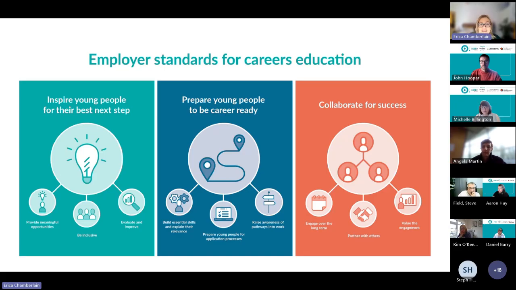So standard 7 is really partnering over the long term. And so that means building long-term commitment and sustained relationships, which all of you are doing in your roles as enterprise advisors. You're building that long-term relationship with schools and colleges in your area, bringing careers from the margin to the mainstream by offering experiences of work to teachers and embedding those careers in the curriculum. And then partnering with others. So really that's where you're doing that collaboration between those teachers, parents, carers.